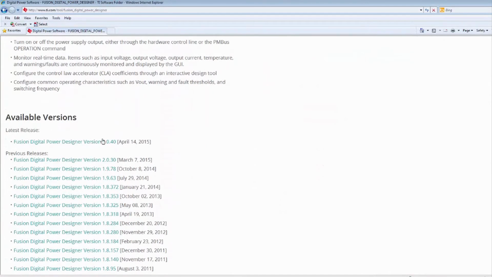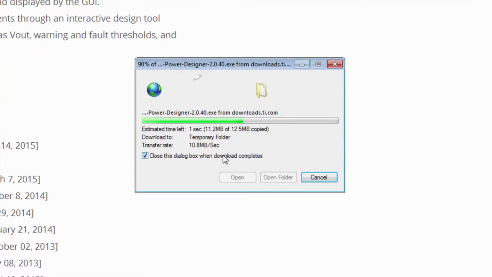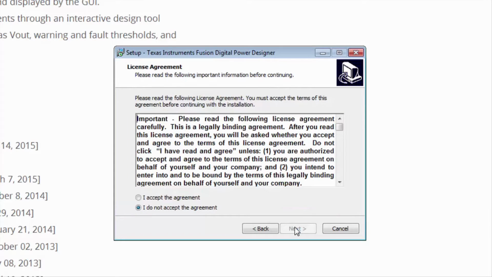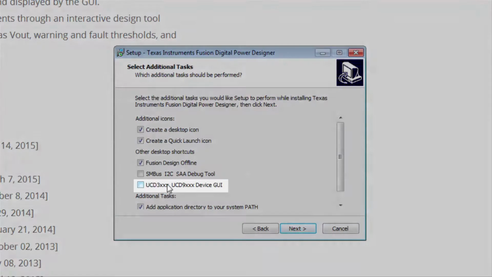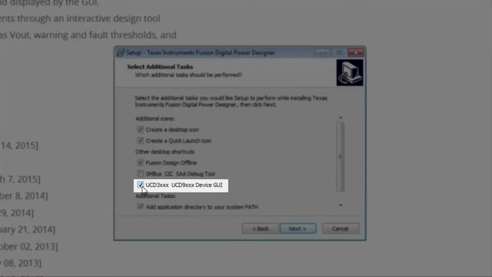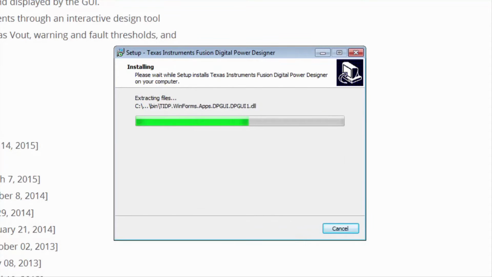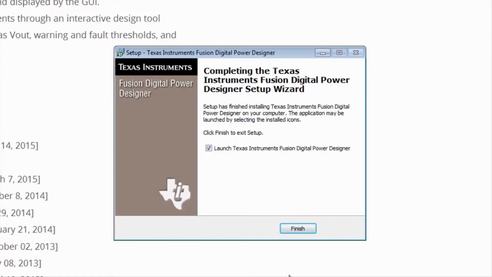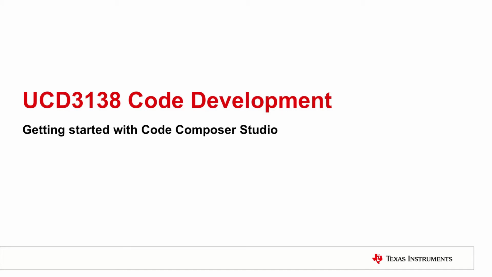Select the latest version to download and follow the installation instructions. Make sure to install the UCD 3xxx UCD 9xxx device GUI when prompted to install additional tools. Click Finish. I will now demonstrate how to get started with Code Composer Studio.